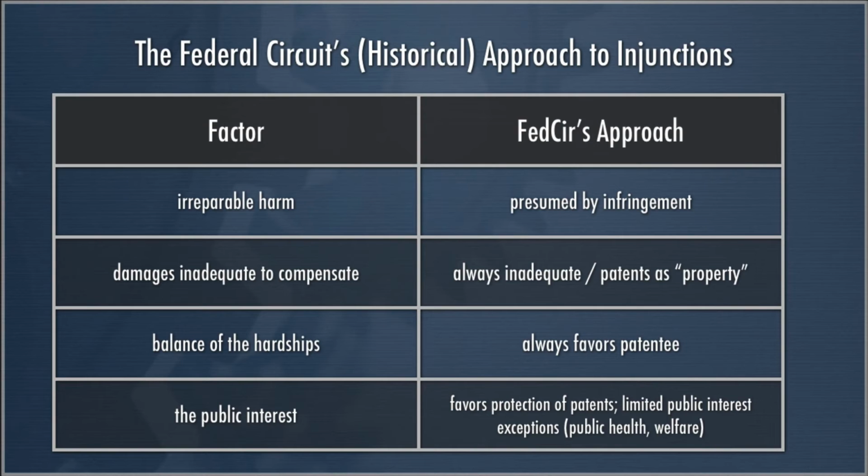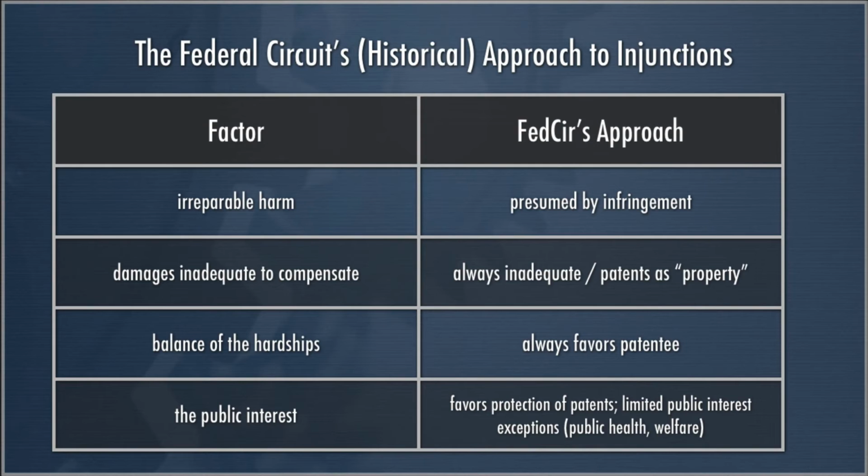And the next point is that damages were always inadequate because the Federal Circuit thought that patents were property. Now you might note there's a bit of circularity in this reasoning, and you would be correct. The Federal Circuit for a long time had never really analyzed exactly why damages would be inadequate, but they would sort of go back to this idea that patents are property rights, and because in general, in real property, we think that injunctions or damages are inadequate, injunctions should almost always issue, which turns out actually not to be true in a lot of cases in property law, but in any event, the way that the Federal Circuit thought about property law, it was patents were property and therefore